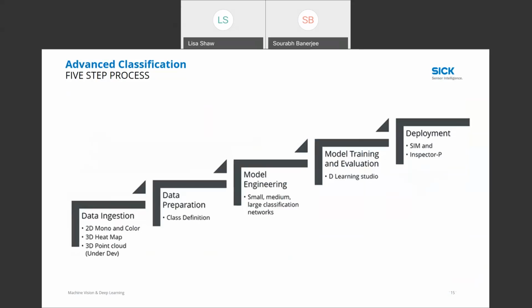So you're adding another neural network. This is where our vision experts and our application experts come in, because not everything you need is a very deep neural network model. You can actually solve an application using a small, medium classification as well. But this is where we do the training, we select the model, and then the 4th step is